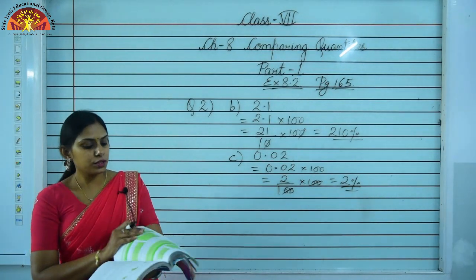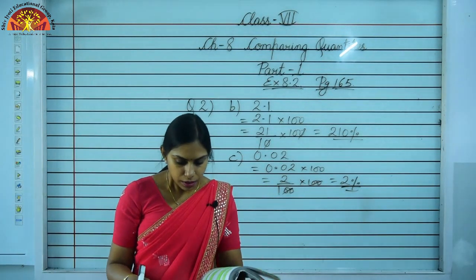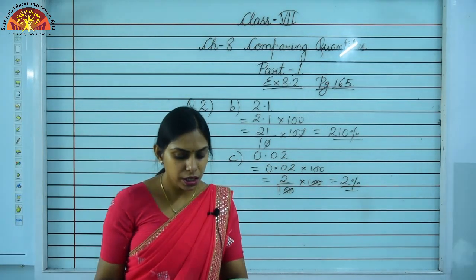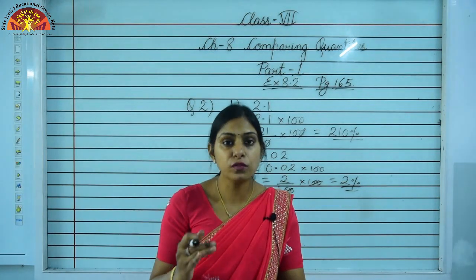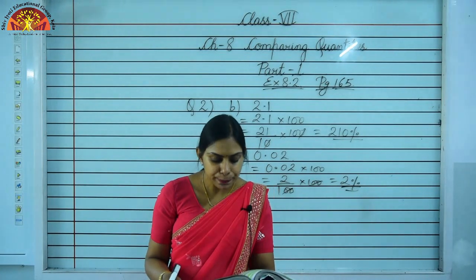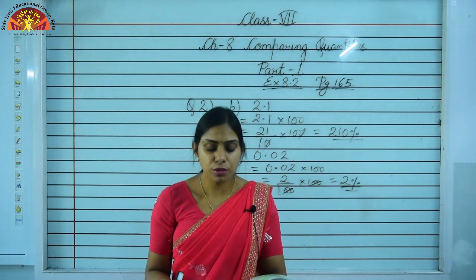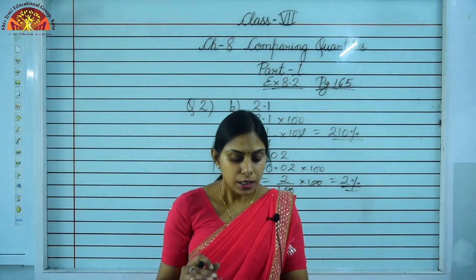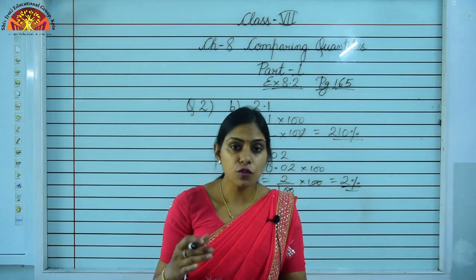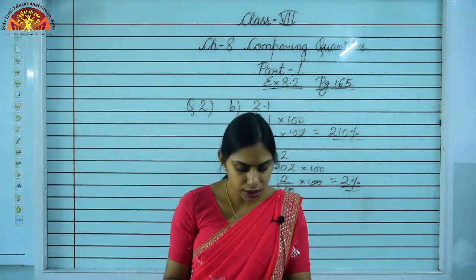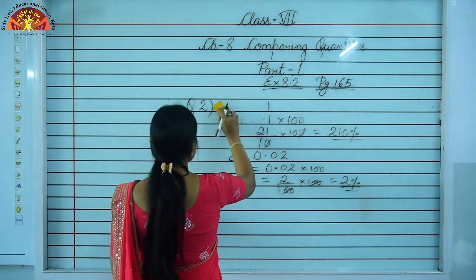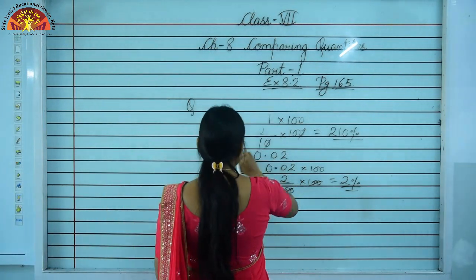Some figures have been given to you and you have to find the percentage of parts shaded. So just see question number 3. Estimate what part of the figures is colored and hence find the percent which is colored. So what you have to find? You have to find the percentage of area that has been shaded. This is the percentage of parts that is being shaded. So we'll just solve the second part children. So just go through the figure. Question number 3, its second part.